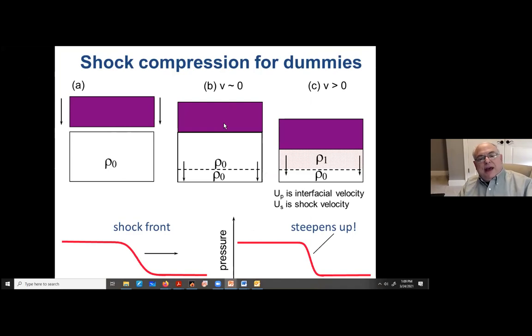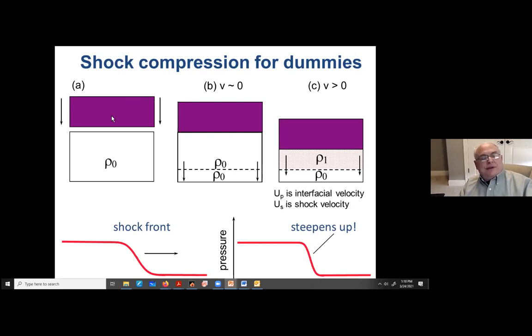So when I do that, I launch a wave that goes through the material. And if the brick isn't moving very fast, it's basically an acoustic wave. So there's an acoustic wave front, but the density behind the front and in front of the front are unchanged. This is an acoustic pulse consisting of a lot of acoustic frequencies, and they have dispersion so that this wave front spreads out in time. So that's the acoustic case.